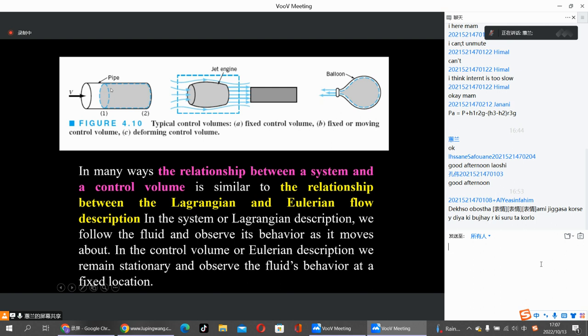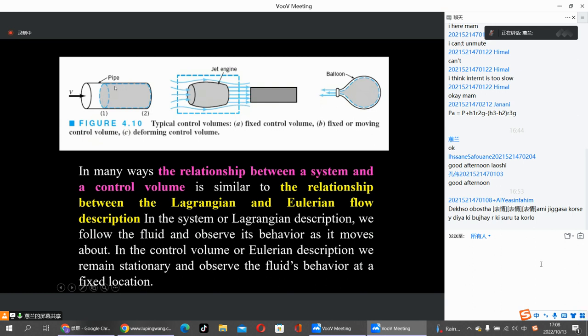Okay, so for the control volume, just like the system you choose in thermodynamics, it is very important. You can choose the control volume as you wish, but different choices will make a problem easy or difficult, depending on the choice of your control volume. Here we give some examples of control volumes. So this is a pipe flow. Inside the pipe flow, we can choose